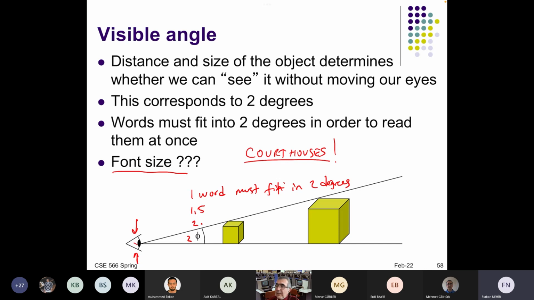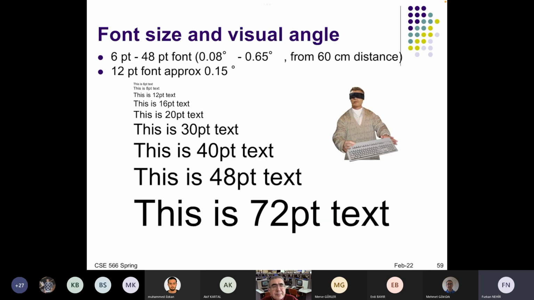How do you say that? From 60 centimeters distance, 6-point font and 48-point font is 0.8 degrees and 0.65 degrees. So these degrees are from 60 centimeters distance. And 12-point font, which is very common, right, is about 0.15 degrees. So in 2 degrees,